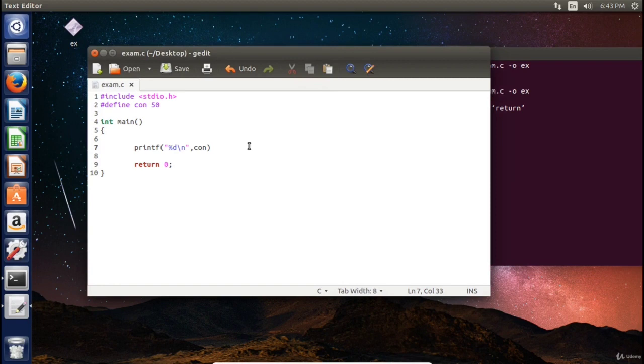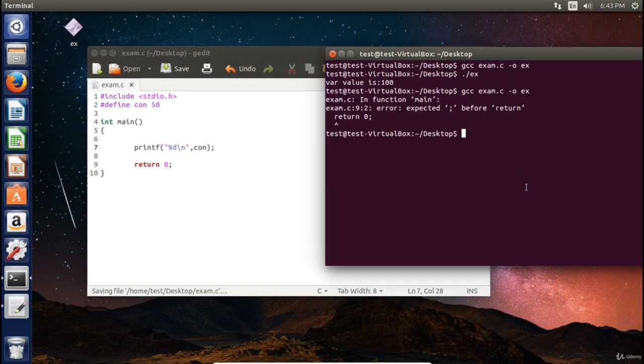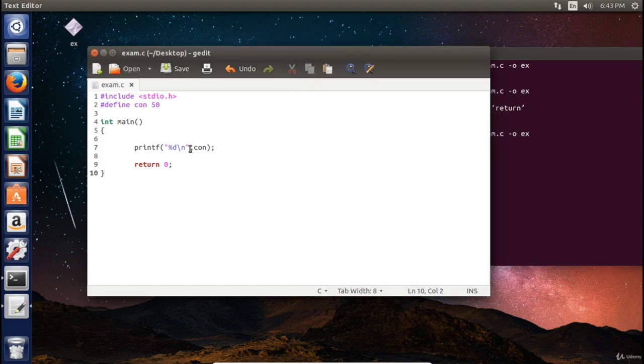Sorry, I forgot to put a semicolon here. As you see, no problem. Yes, it is 50. Now the other way to do this is inside the main; this is outside the main function. This is a pre-processing constant. It's named like this. But if we want to put it inside the main function, we have to do it like this. const int con,